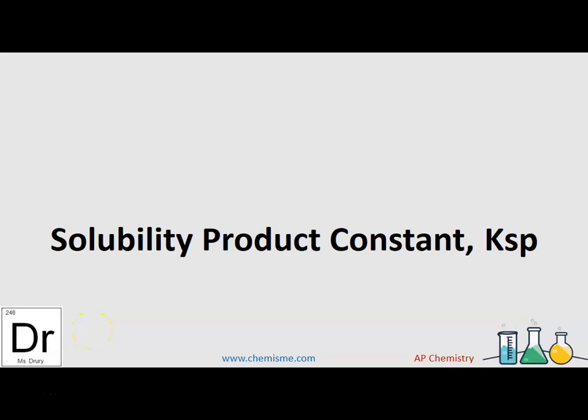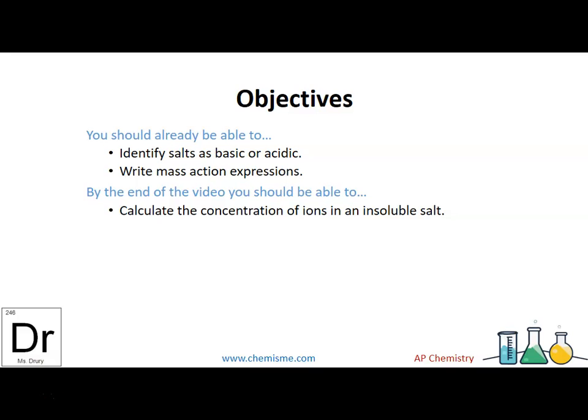We're talking about the solubility product constant, or the Ksp, for insoluble salts. You should already be able to identify salts as basic or acidic, write mass action expressions, even find the pH of an acidic or basic salt. But by the end of the video, you're going to be able to calculate the concentration of the ions in